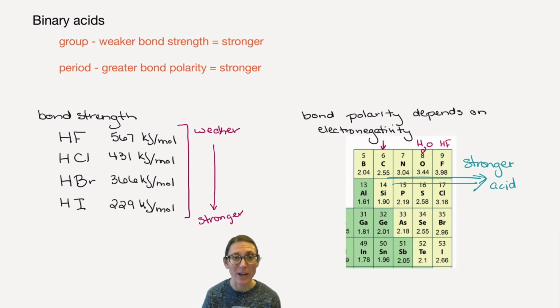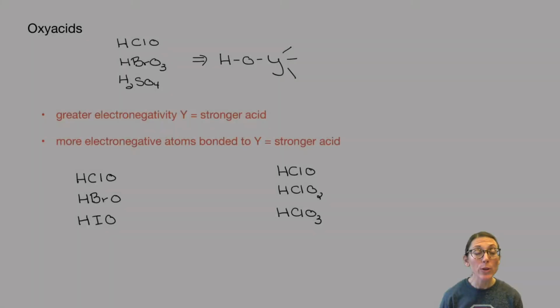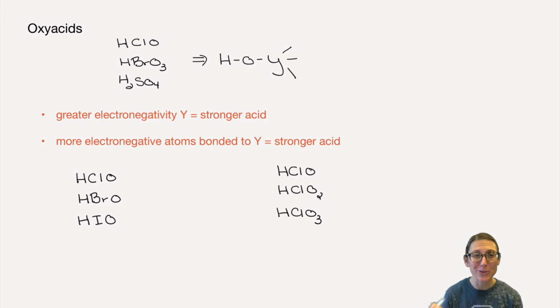hydrosulfuric acid, H2S. When you take a look at oxyacids, we need to first consider how these are put together. It turns out the hydrogen is actually bonded to an oxygen itself, which is then bonded to that other element, like the chlorine, the bromine, the sulfur, whatever it is. And to be generic, we're going to call that other element Y. And so when you look at it, this is your structure. And there can be extra things bonded to your chlorine or your bromine, to your element Y,